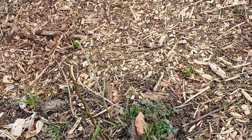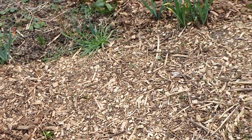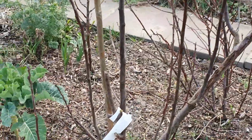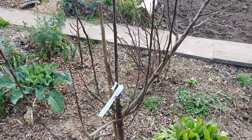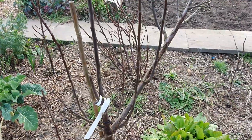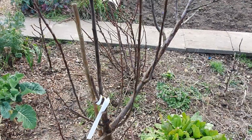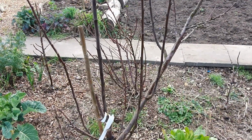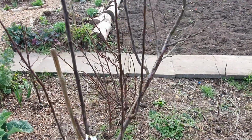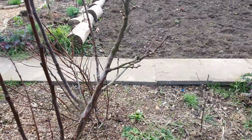So the good thing is you can transplant plants, especially when they're fairly young and their root systems haven't developed fully. Again, this is a plum tree. Now I've never seen this one flower or fruit, but again, with stone fruit you're not really supposed to prune it over the autumn winter. It's supposed to be a summer pruning. So I took off some of the dead and diseased sections, and it appears to have a few fruit buds on this year,